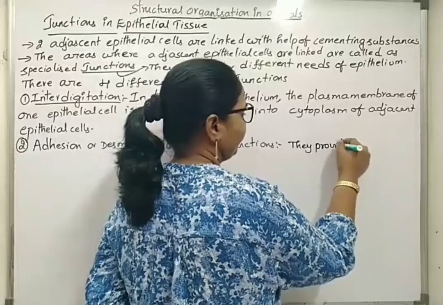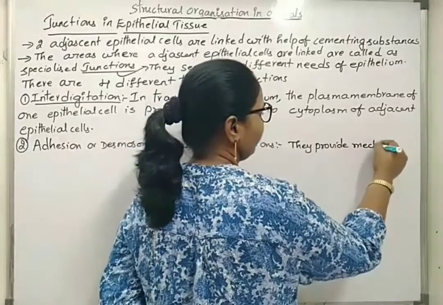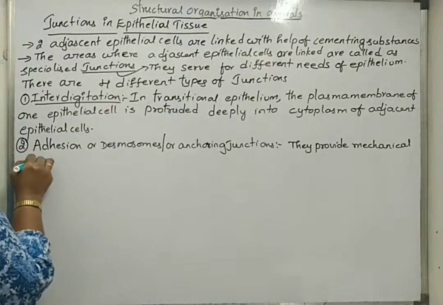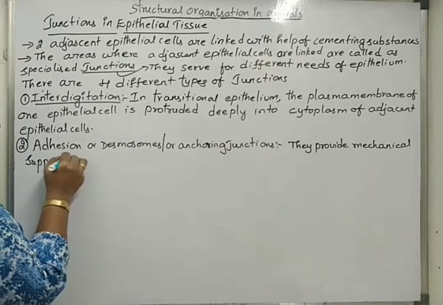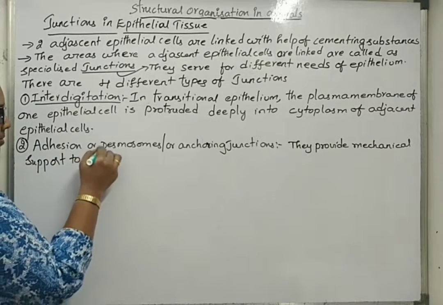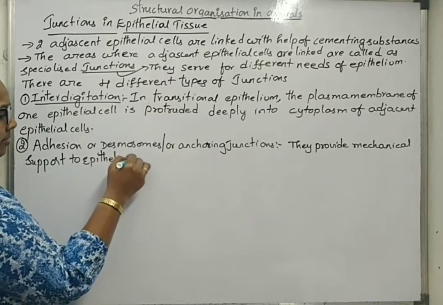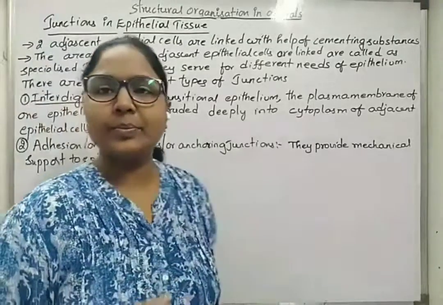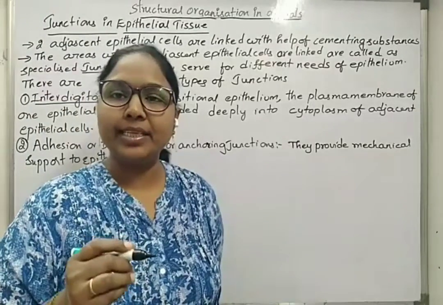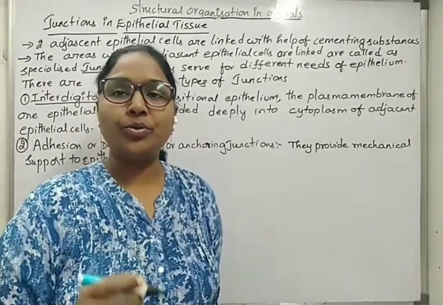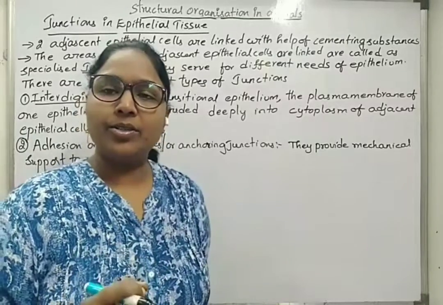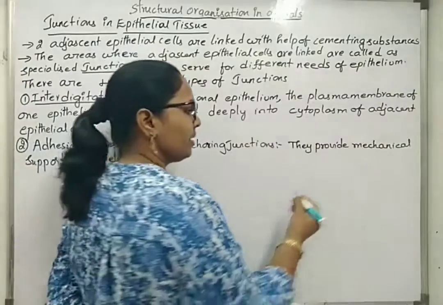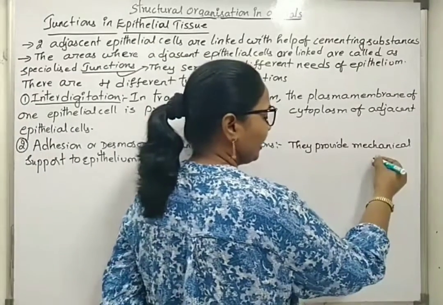They provide strength to epithelium. They have special types of structures called intermediate filaments or tonofibrils, and also some types of cytoplasmic plaques are present. So, if we go for diagrammatic representation,